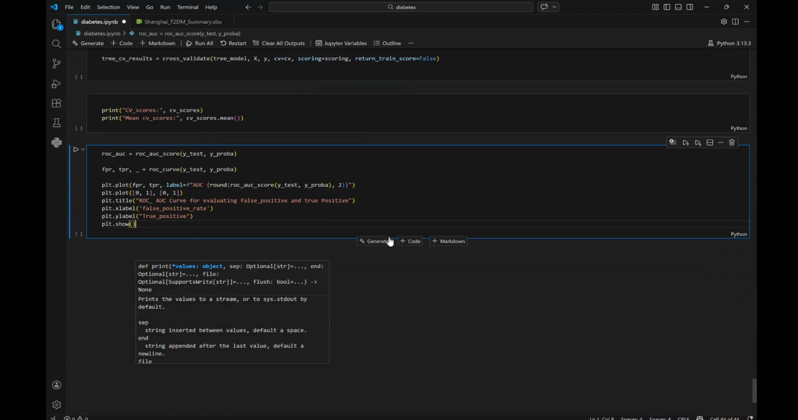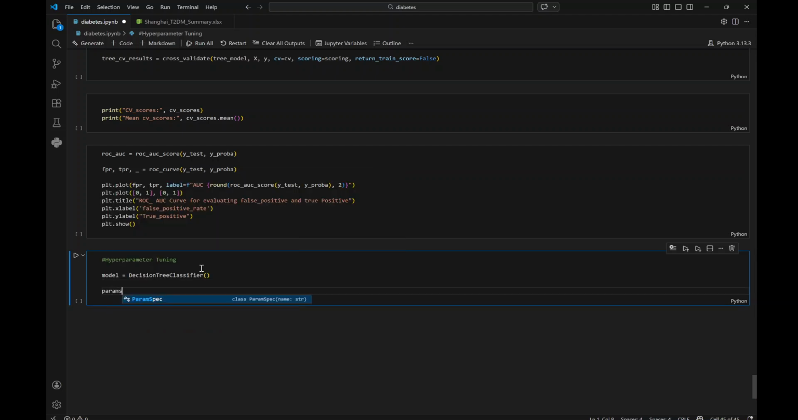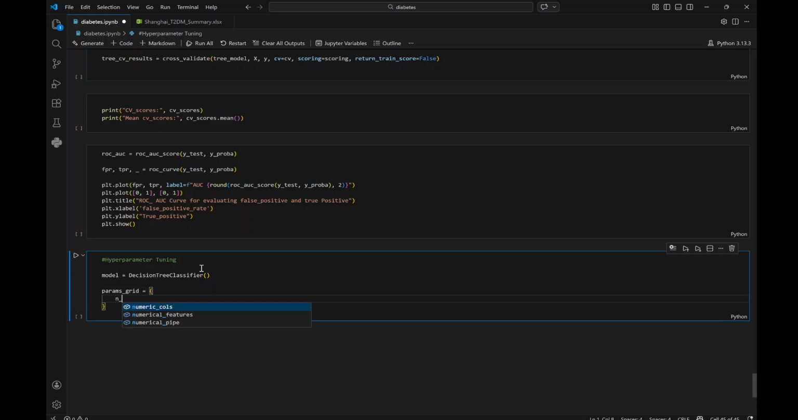Okay, all right, so we're going to run everything at once. Now the next thing we're going to do is perform our hyperparameter tuning. So I'm going to run everything at once. Hyperparameter tuning. So we'll start by our model, which is going to be a decision tree classifier. We're not passing any parameter. We have our params grid. Grid is going to be equal to, we have our n